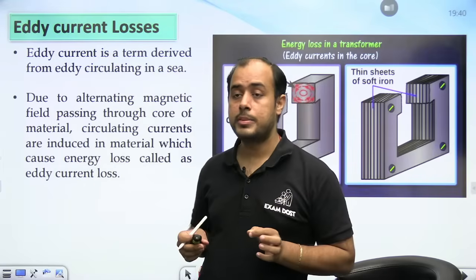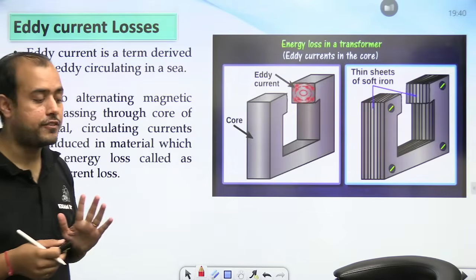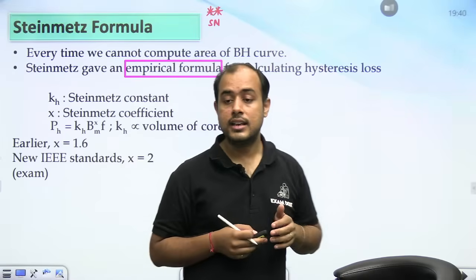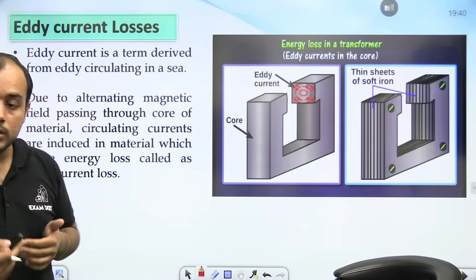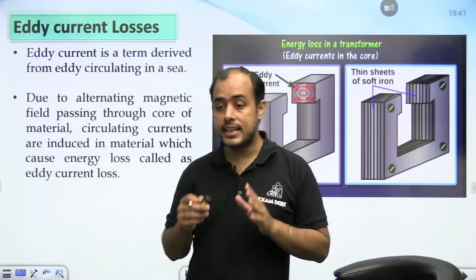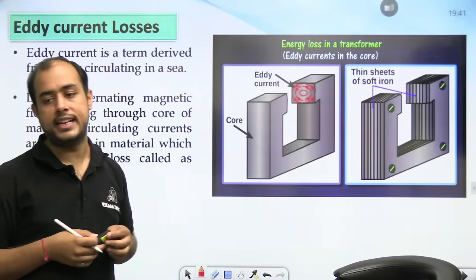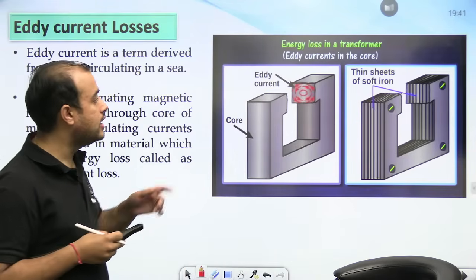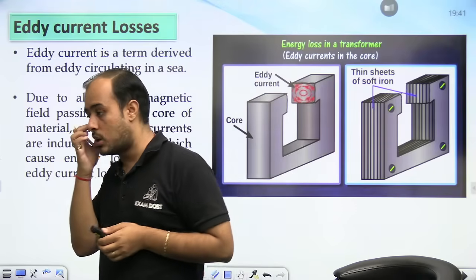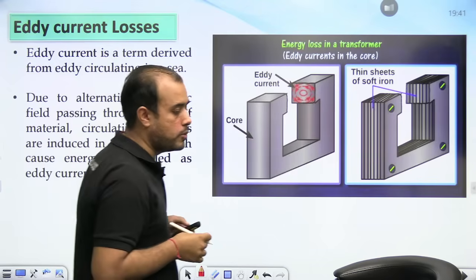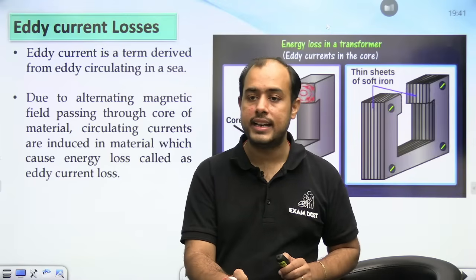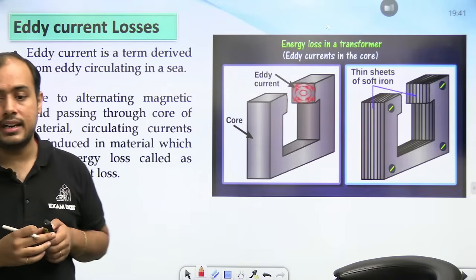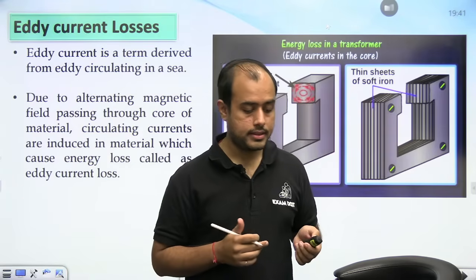अब सुनिए ध्यान से। Now beta, whenever your core carries an alternating field, the magnetic field in the core is alternating, correct? It keeps on reversing the direction. So the flux through the core is also alternating, and this causes EMF and current to be induced in a material. मटेरियल से गुजरने वाला फ्लक्स जब ऑल्टरनेटिंग होगा तो इससे मटेरियल में ईएमएफ इंड्यूस होगा और करंट्स आएंगे, and these currents will flow in a circular loop called the eddy current. जो करंट इंड्यूस होंगे they are said to be eddy current, and they will cause the heating called the eddy current loss. इनकी वजह से हीटिंग आएगी, जिसे हम कहेंगे एडी करंट लॉस। ओके, चलिए।